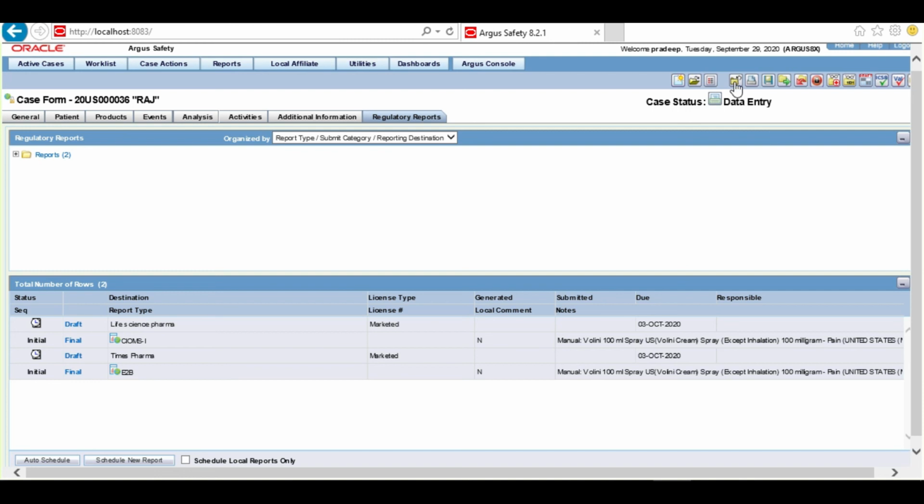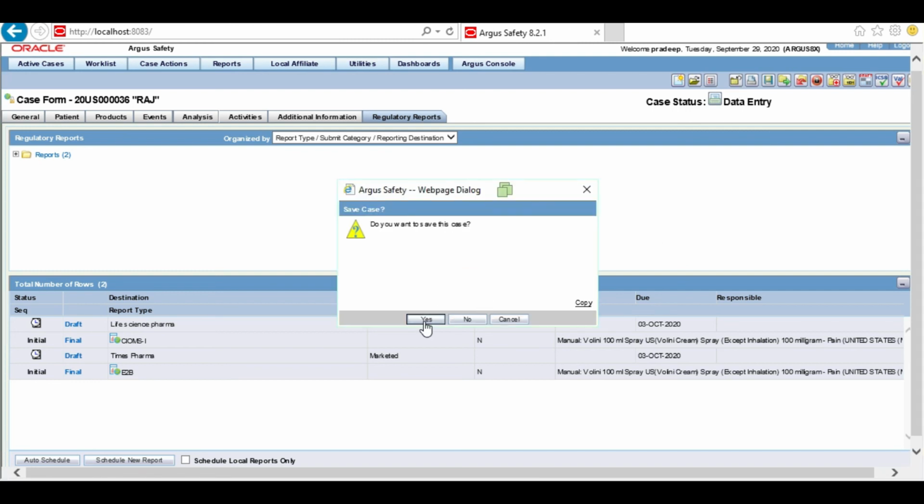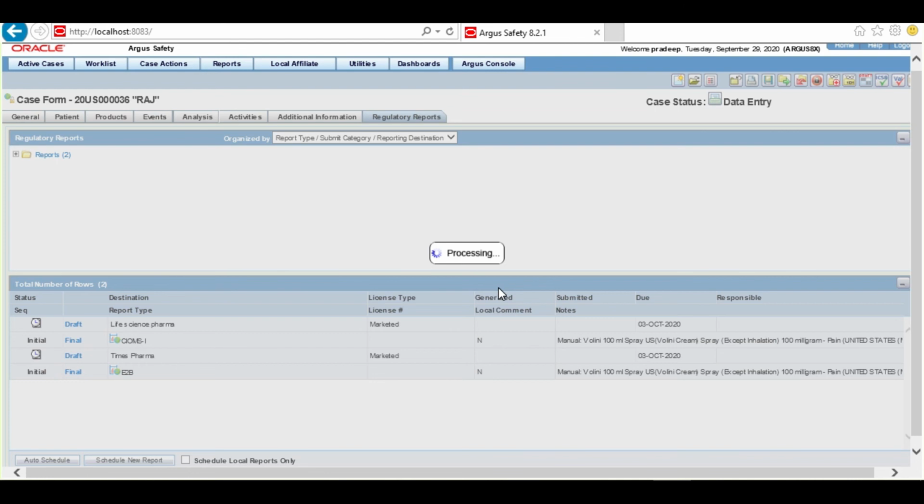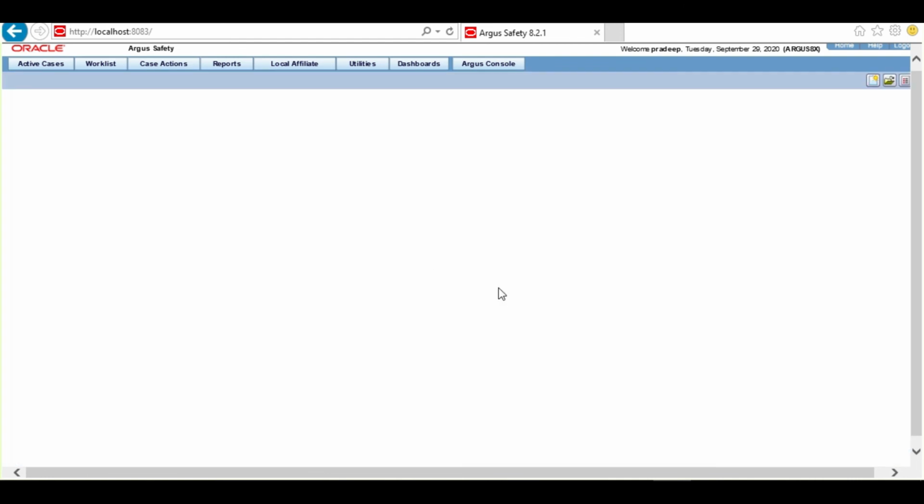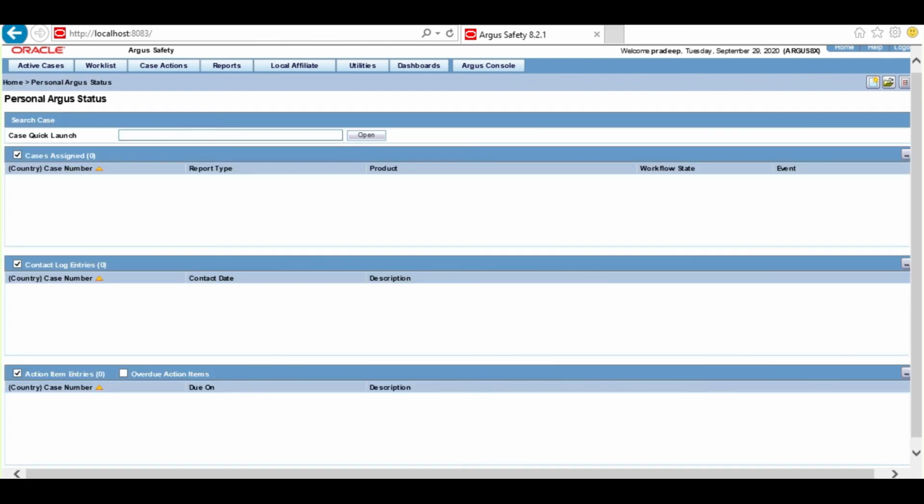If we don't close the case, the batch report generation service will not work. After closing the case, all we have to do is wait for 2 to 5 minutes. Let Aegis service run and process the case and generate the report for us. Now we have already completed 5 minutes. So let us now open the case.